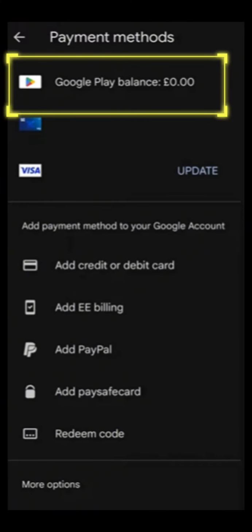As you can see here, you have now view or check your balance in your Google Play Store application or in your Google account. And that is how you can check your balance in Google Play Store, and thank you